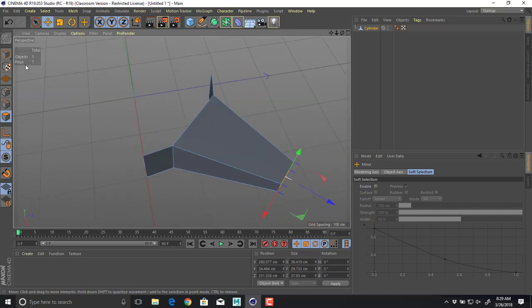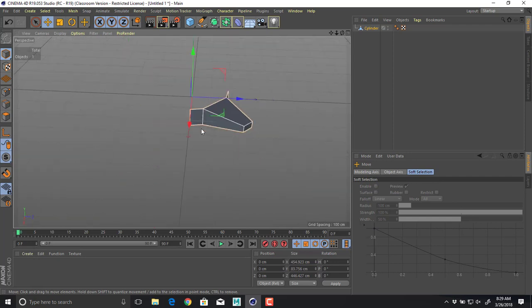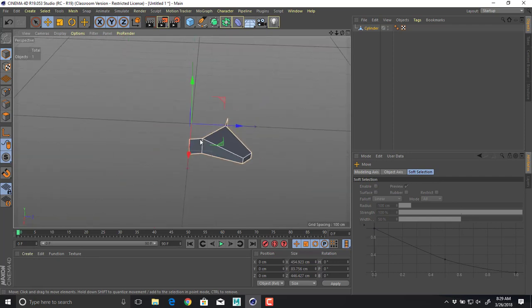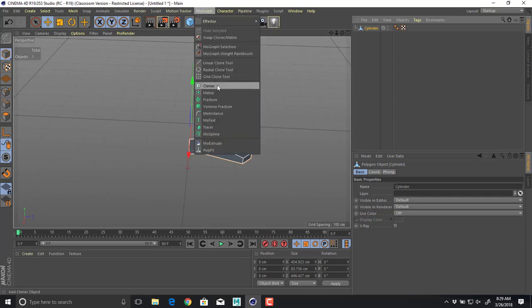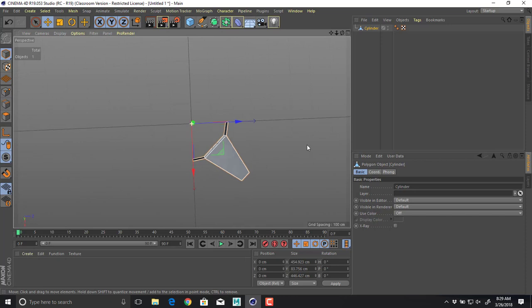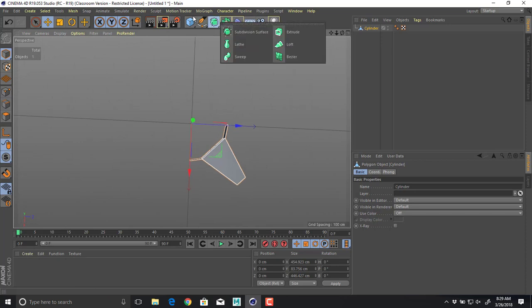Cool. Now what I'm going to do is I want to set it up so I can see what it looks like when I have this thing actually completed as one solid shape. So I'm going to take my cylinder here, and I can do a couple things. One of them I could do is use my cloner and clone it in a radial fashion, and that way it would get me all 4 sides. But if I don't clone it perfectly, it doesn't work the correct way. So instead of cloning it,